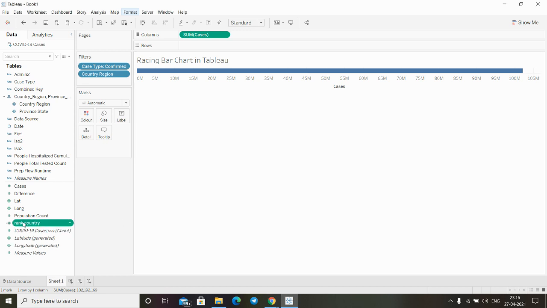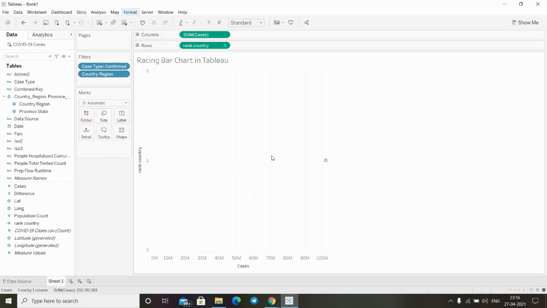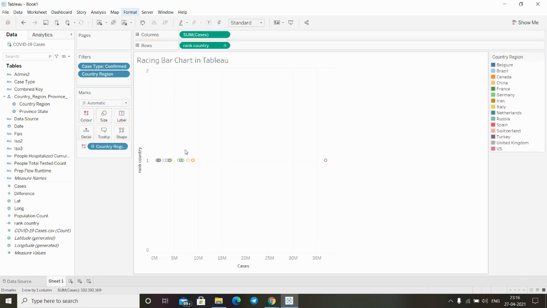Now take this cases rank country field that I just created and drop it onto the row. So we can see now our scatter chart is ready. Take the country region field and drop it onto the color. So you can see the different color for each country. We have used the top 15 countries, and it will show a different color for each of the